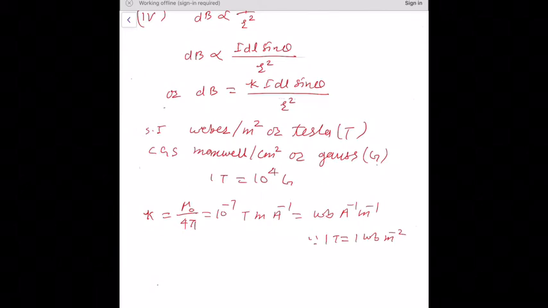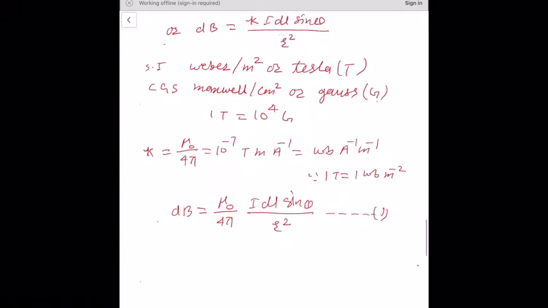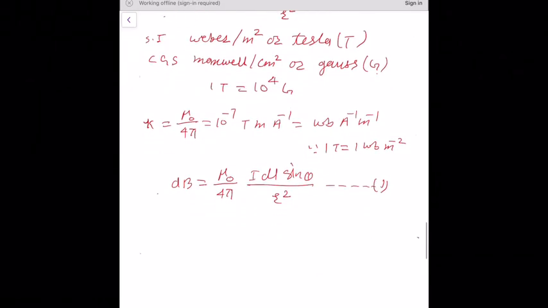Therefore, in SI unit, Biot-Savart's law may be expressed as dB is equal to mu naught upon 4 pi I dl sin theta upon r square. Here it is equation first. If r cap is a unit vector along CP, then the small magnetic field produced at point P is given in vector form